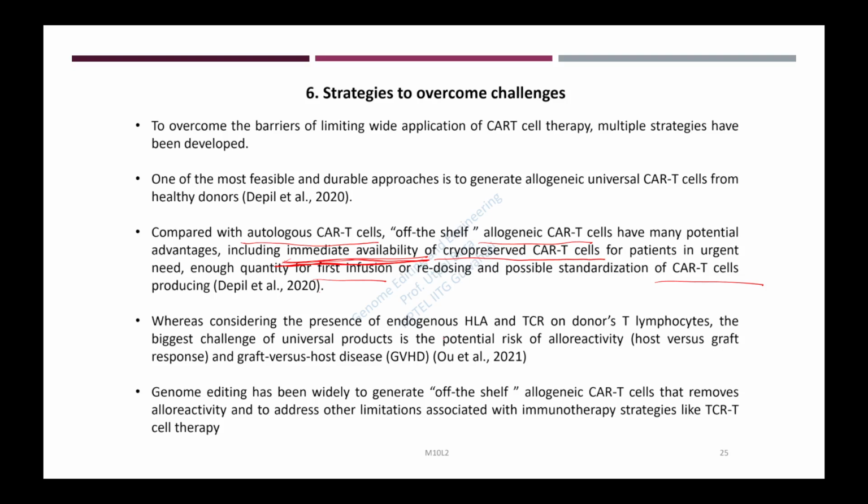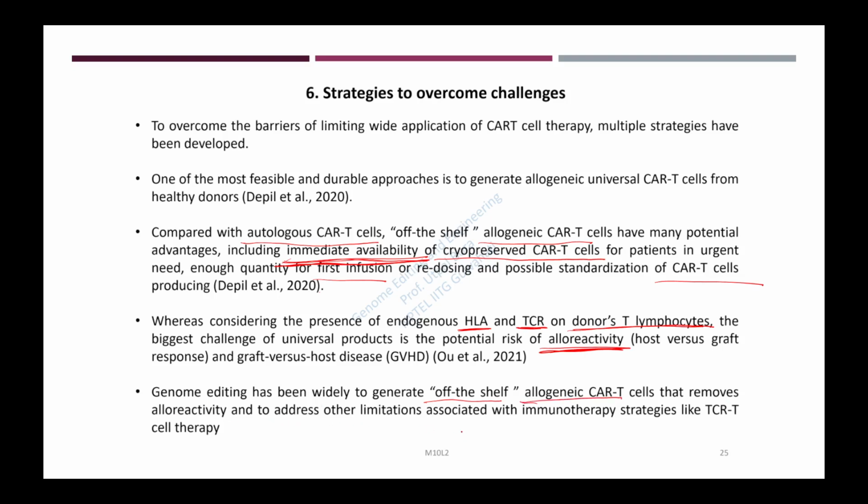Whereas considering the presence of endogenous HLA or T cell receptor on donor T lymphocytes, the biggest challenge of a universal product is the potential risk of alloreactivity. Okay, host versus graft response and graft versus host disease. So genome editing has been widely used to generate off-the-shelf allogeneic CAR T cells that remove the alloreactivity